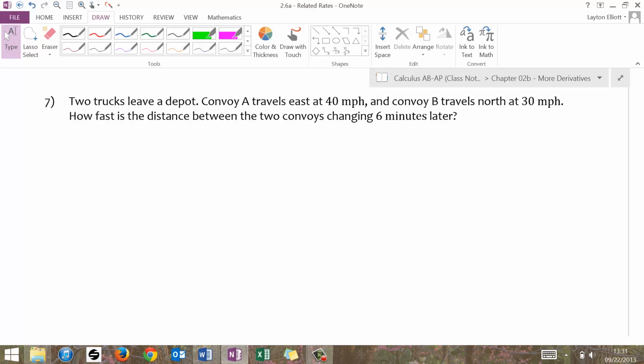Two trucks leave a depot, one going east and one going north. I can model that by this,